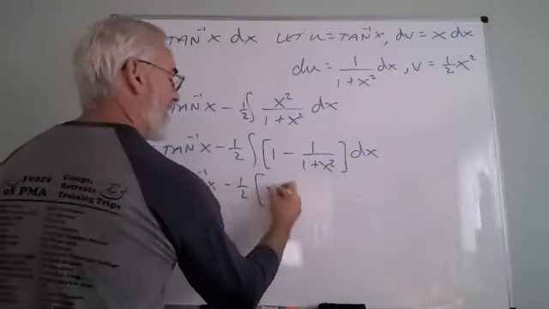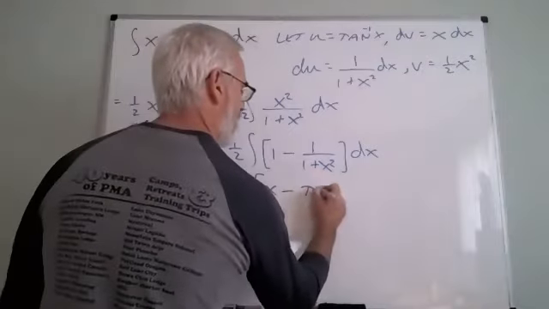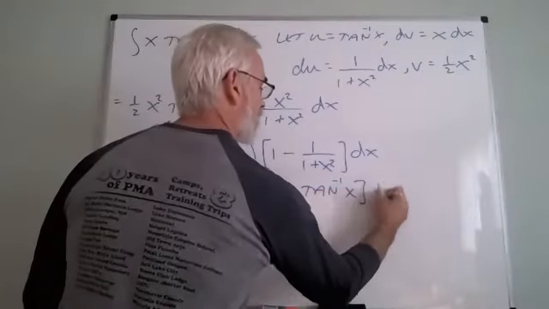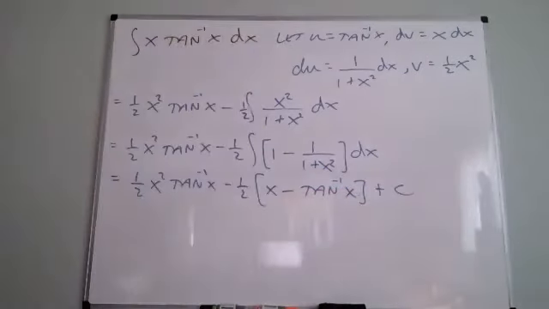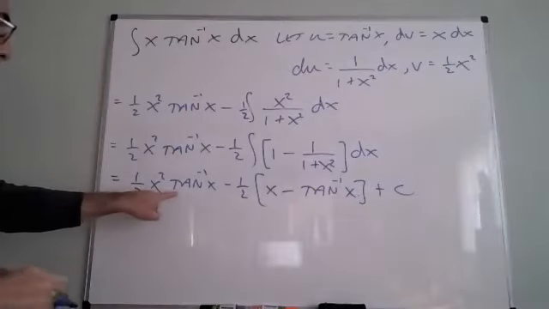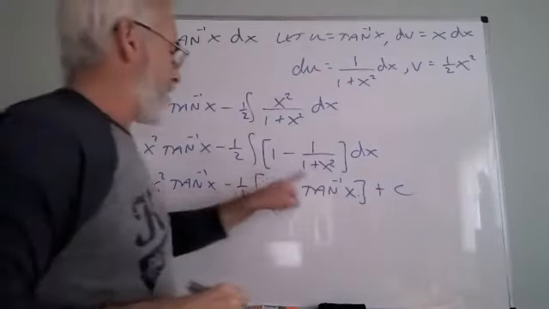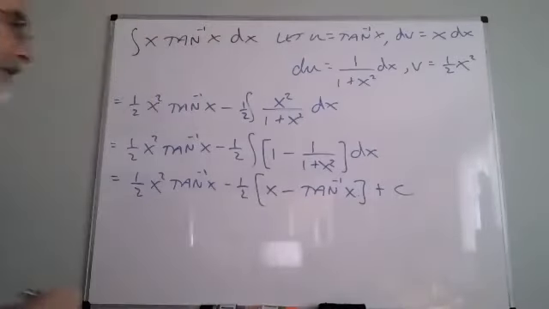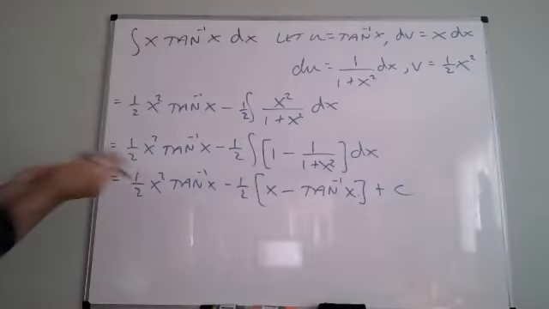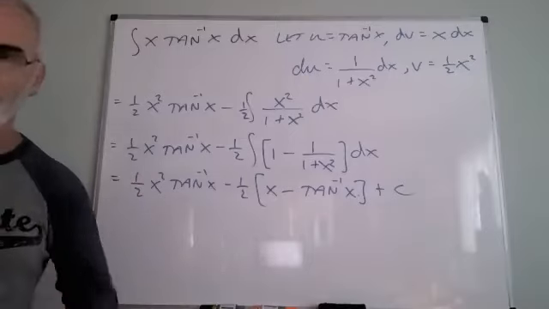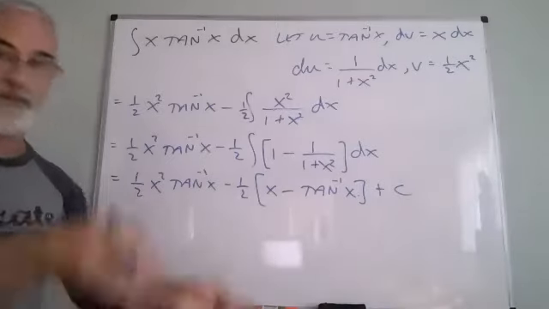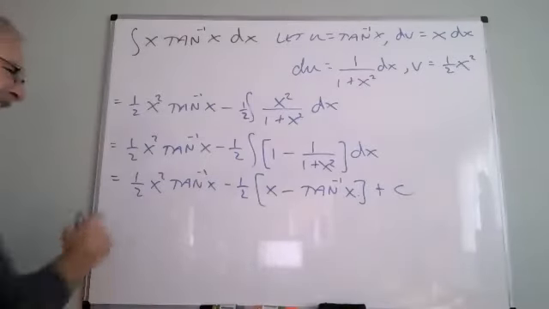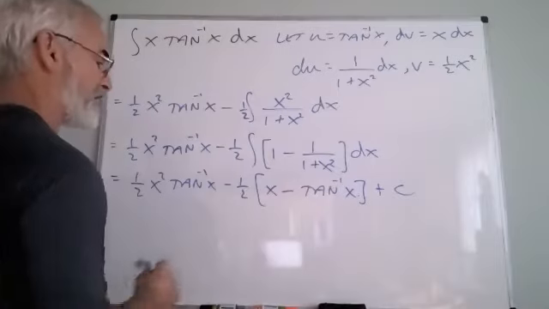So that will just be x, and that's going to be inverse tan again. So inverse tan keeps showing up in this answer. So my final answer, I have an inverse tan here, I have an inverse tan here, and every term has a coefficient of 1/2. So once again, I can leave my answer in this form, but if I'm going to use this for further problems or a problem down the road, something bigger or something I have to evaluate, it may be a good idea to go ahead and try to write that in a more